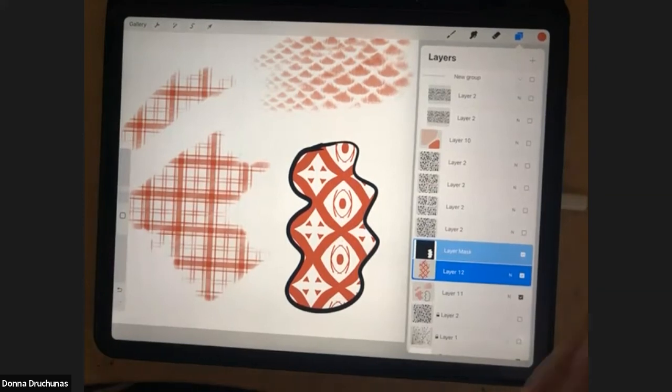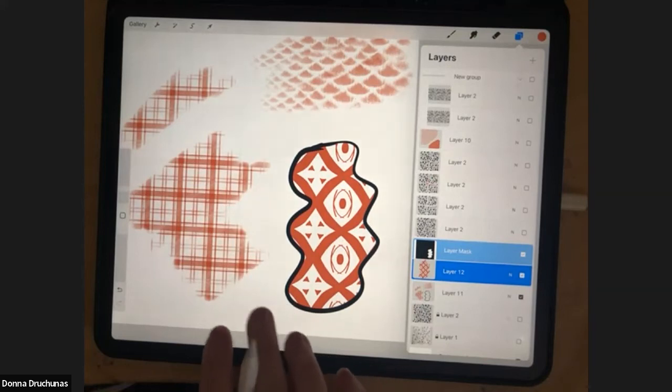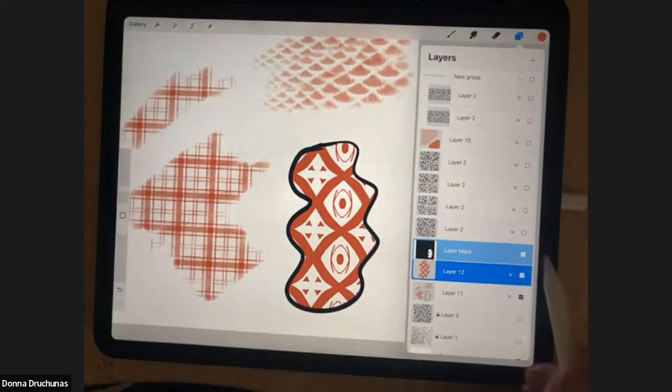The other thing about what you just showed, Donna, is sometimes I will do it the way you did. I don't do the mask because I'm mask inept, but then I can select that big blob of texture or pattern and move it so that the pattern, the texture is centered in the shape or whatever that I want. Yes. And you can remember,